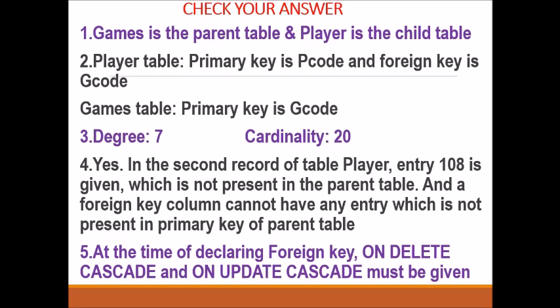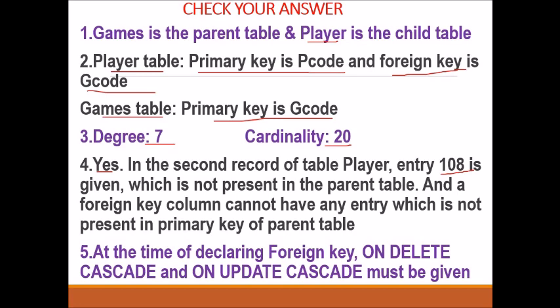Games is the parent table and player is the child table. Player table, primary key is P code, foreign key is G code. Games table, primary key is G code. Degree 3 plus 4, 7, and cardinality 4 into 5, that is 20. Yes, I told you 108 is not present in the parent table, so that is the discrepancy.